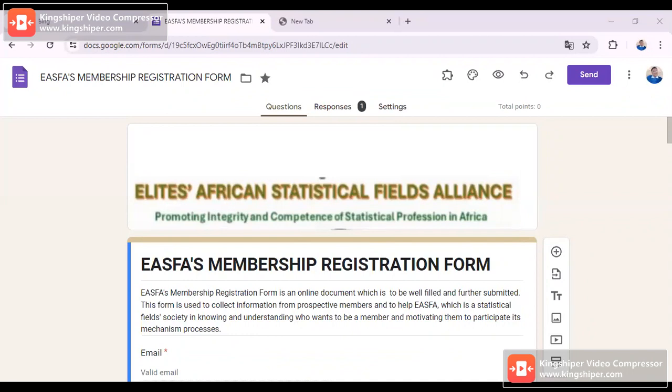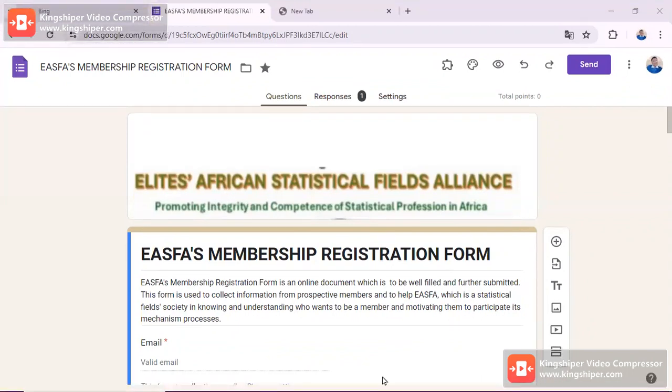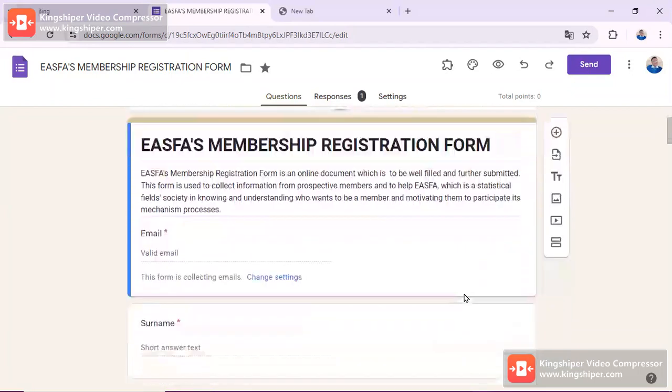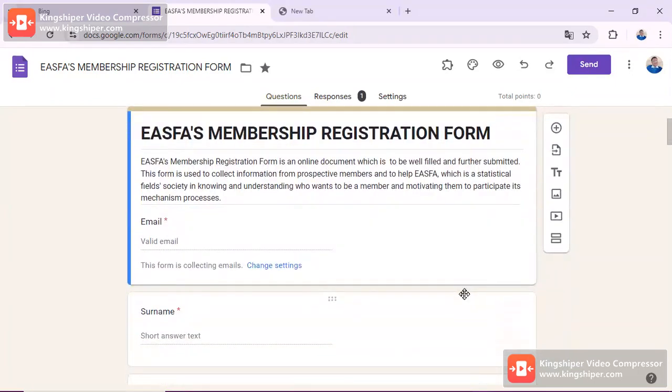I might also show you the translation of the English language statement to the French part. So, the ASFA's membership registration form is an online document which is to be filled and further submitted.